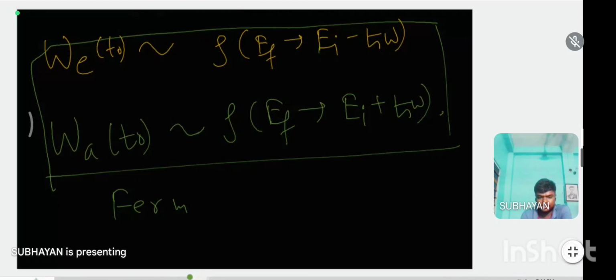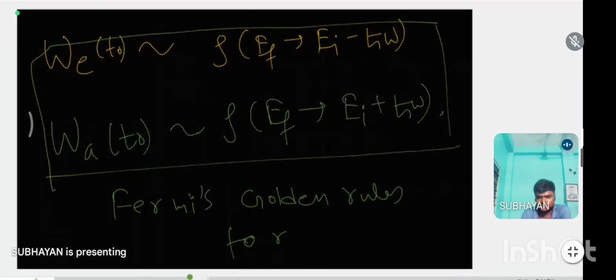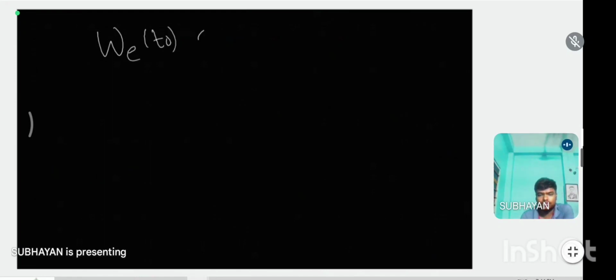Fermi's golden rule for harmonic perturbation. This is W_E of t_0, proportional to rho of E_i minus h cut omega, and for absorption,